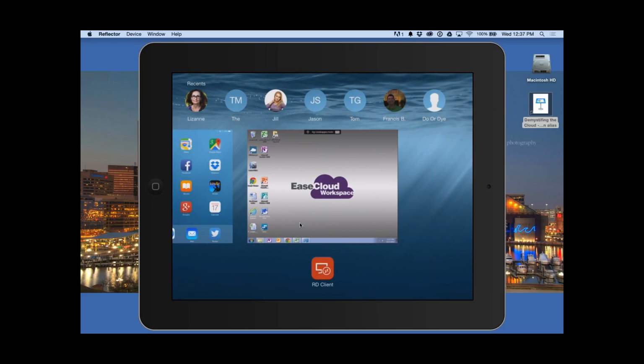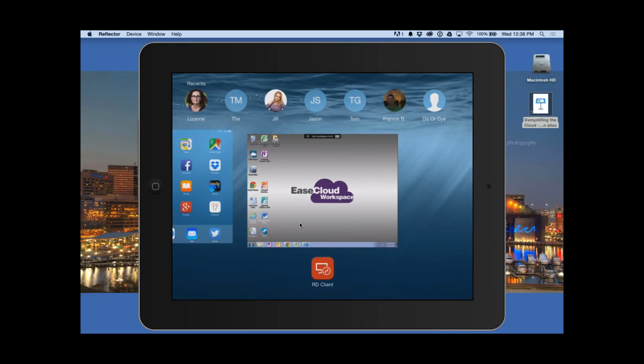That's just for quick access, and it's been great for a lot of our customers that they just don't want to have to worry about planning ahead and saying, where am I going to be? They know where they're going to be. They're going to have internet access. That's all they really need.